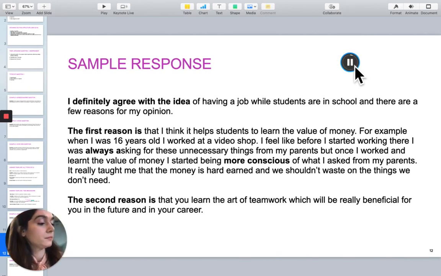I definitely agree with the idea of having a job while students are in school, and there are a few reasons for my opinion. The first reason is that I think it helps students to learn the value of money. For example,